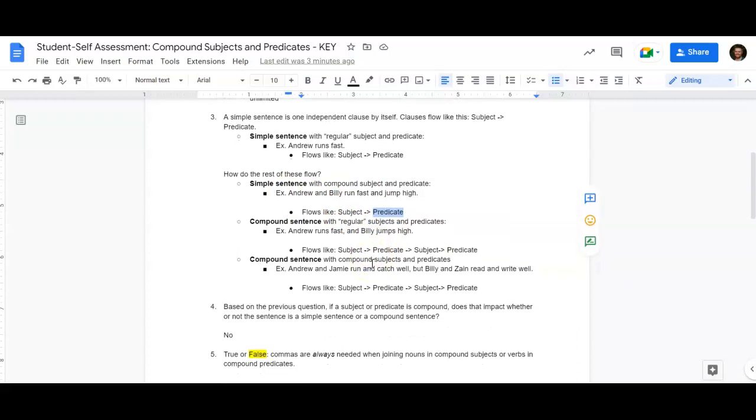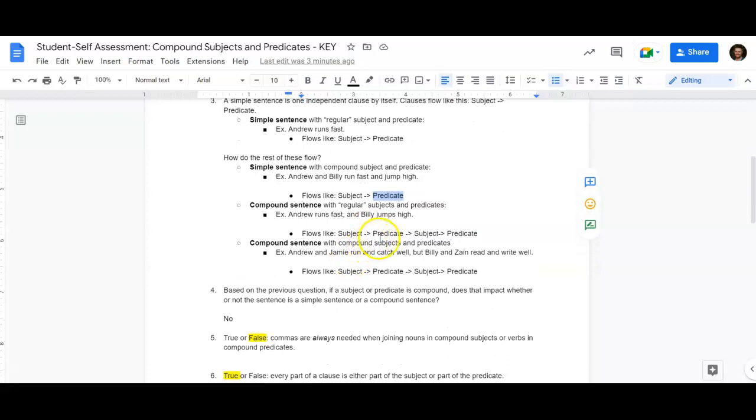And that same logic applies to compound sentences when we get to the next one, Andrew runs fast and Billy jumps high. The subject of our first part is Andrew, so hence one subject. And then we have just the one predicate for Andrew, he's running fast. But since the sentence isn't over, we're going to go on to our next subject, Billy, and then Billy's also going to have a predicate, jumps high. Subject, predicate, subject, predicate. And again, the majority of you got that part right,